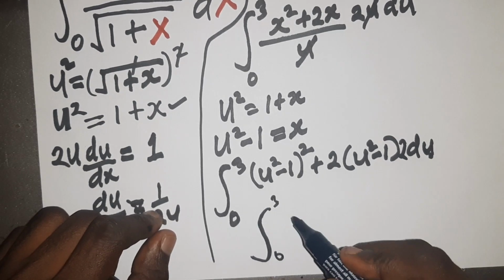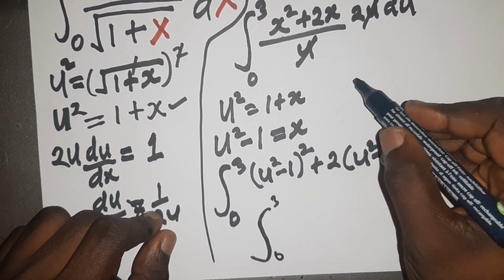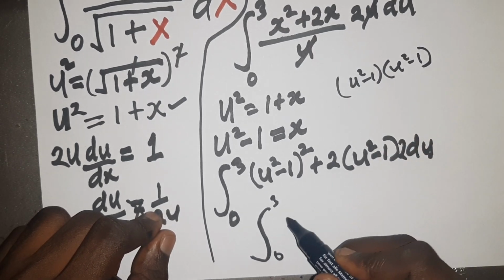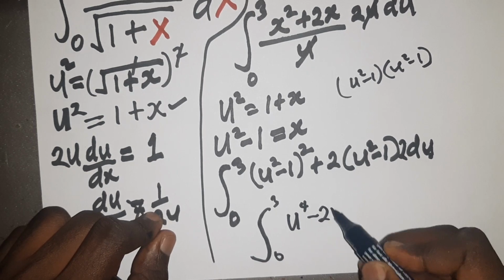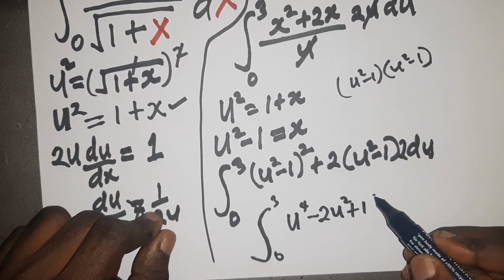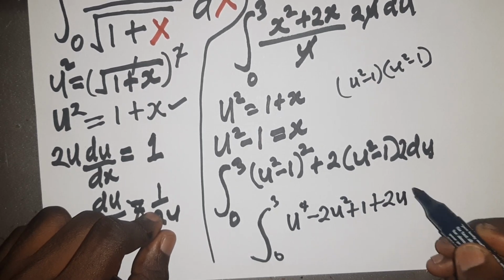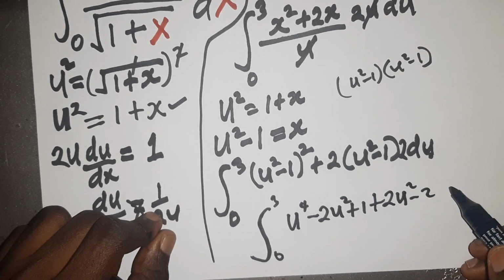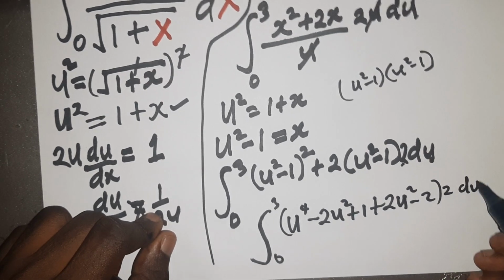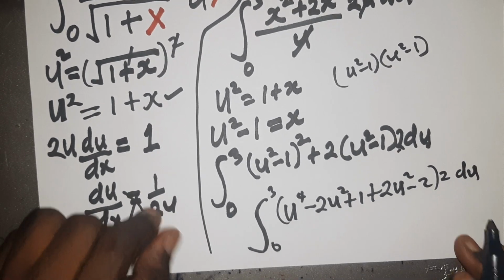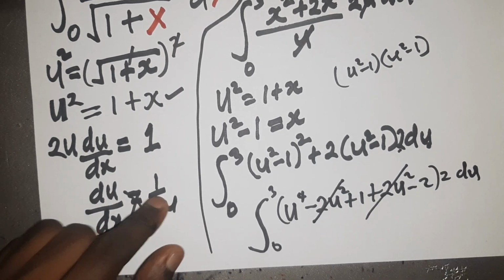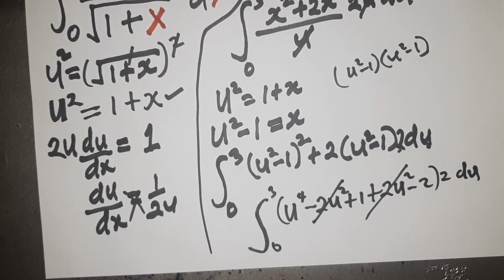Fix the boundaries. This one now becomes, if you expand this one, u squared minus 1 times u squared minus 1. You're going to get u raised to the power 4 minus 2u squared plus 1. And then this one, if you open the bracket, you get plus 2u squared minus 2, and of course everything times this 2 here, and we have our du still with respect to u. Now we can cancel out minus 2u squared and plus 2u squared. They're all going out, and then we'll have